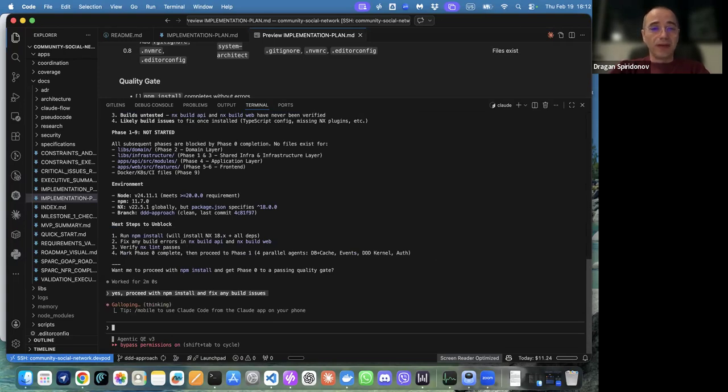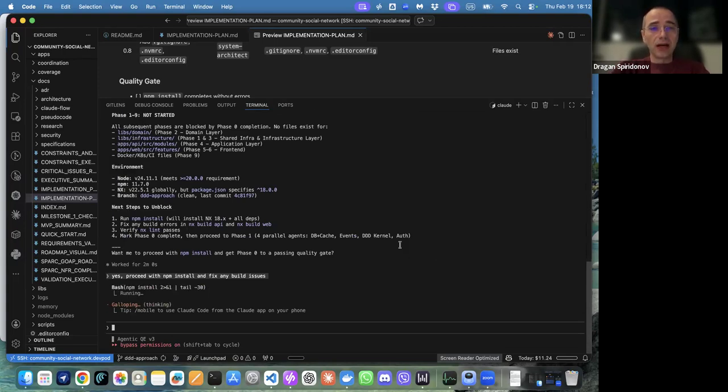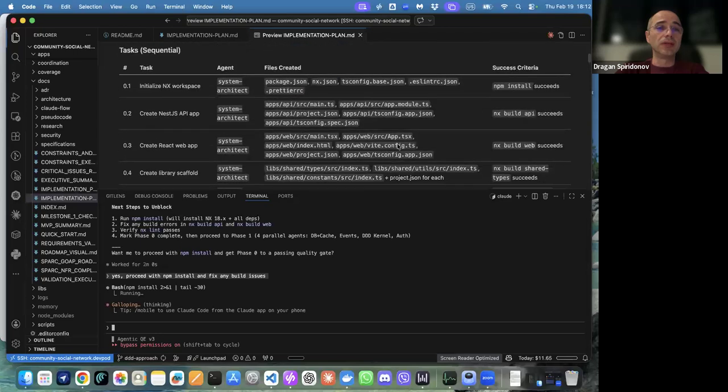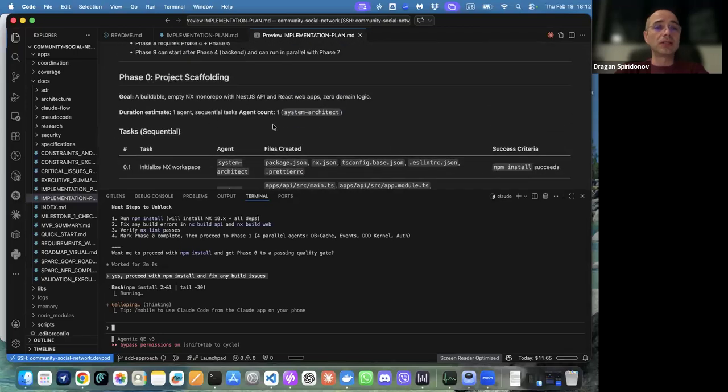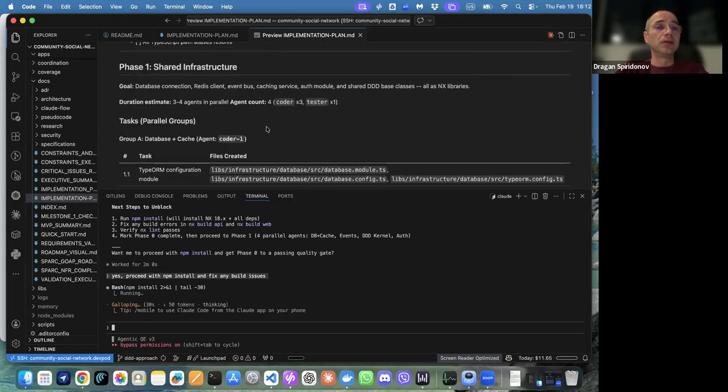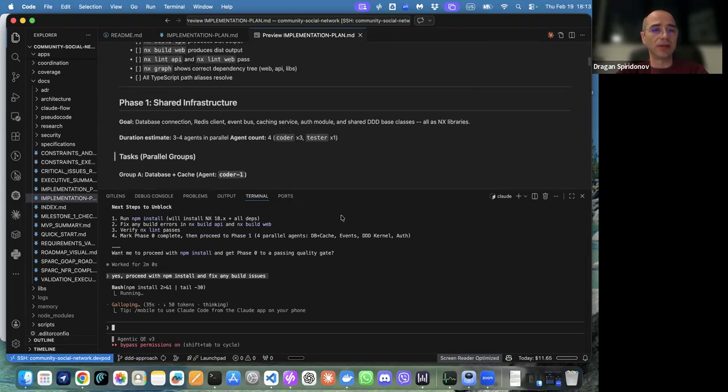As we wrap up phase 0, I will ask you to start a swarm and work on the next phase, or maybe even a couple of phases in parallel. I just want to wrap up and give the basics. When we look at the initial plan, this is scaffolding. We need to have all this before we can proceed with building the shared infrastructure and the rest of the things that the system depends on.